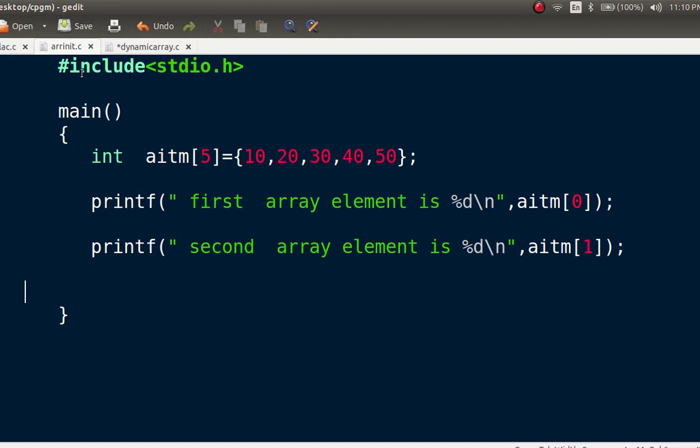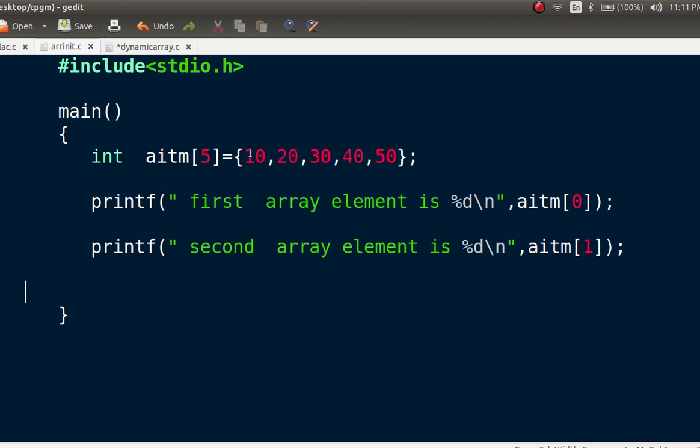So here is initialization of an array, size is 5, array name is AITM, these are all elements. I am going to print the first array element of AITM. What is the index number? Index starts with 0, 1, 2, 3, 4.